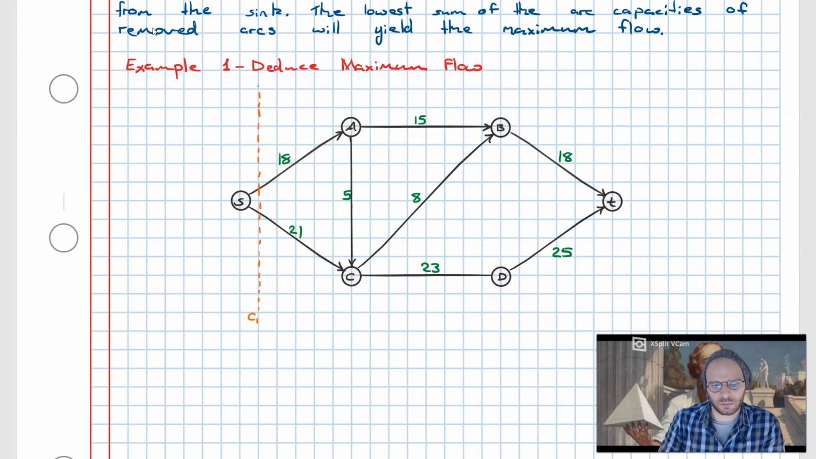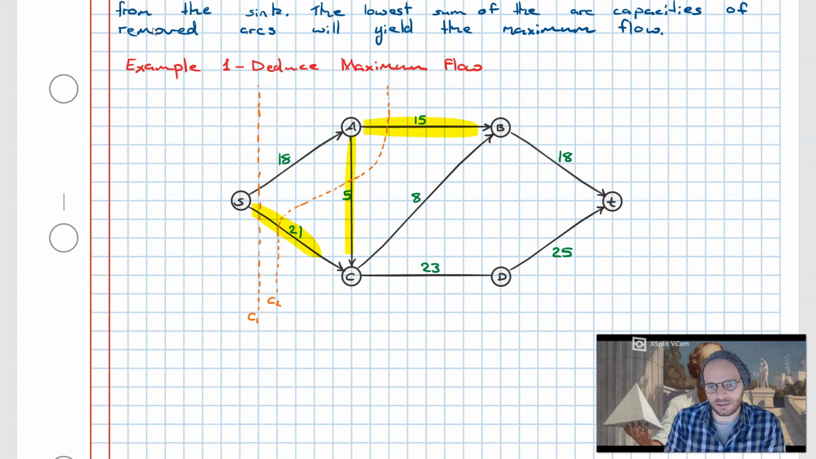So that's the first one we can do. Now another cut we could make to be able to remove arcs is we can cut through S and C, A and C, and A and B. We'll call this C2. So we're cutting this arc here, we're cutting this arc here, and we're cutting this arc